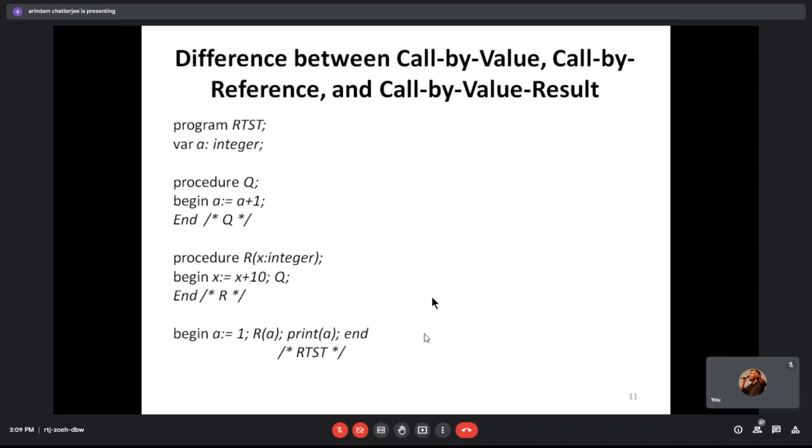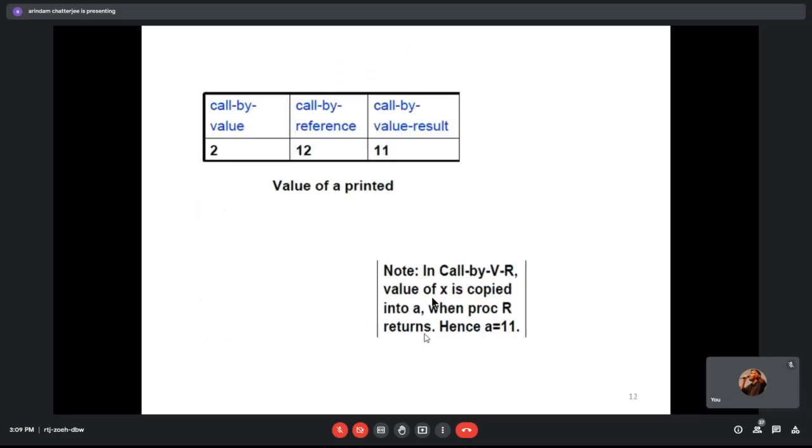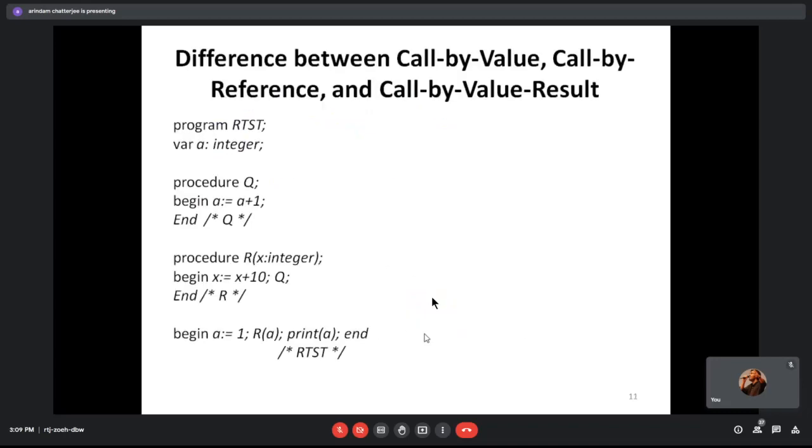Let us look at the examples first instead of going to the theory. So look at this program. Procedure Q, it increments A by 1. A is a global variable. Procedure R, it increases X by 10.